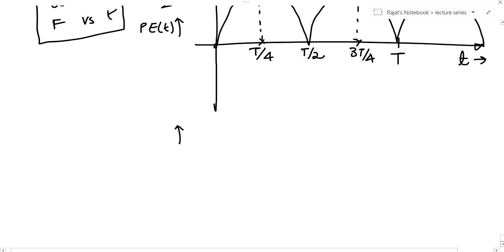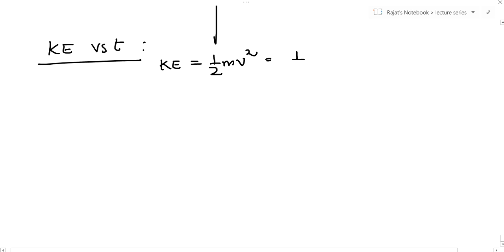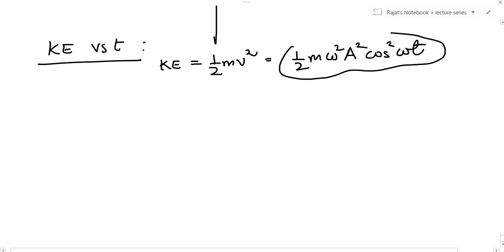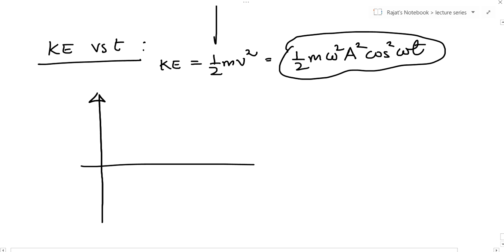So if I ask you kinetic energy versus t, kinetic energy is nothing but half m v square. So this will be half m omega square a square cos square omega t, because velocity is omega a cos omega t. So half m omega square a square cos square omega t. Again, this quantity will never be negative, it is always a positive quantity. So if you try to draw this graph,